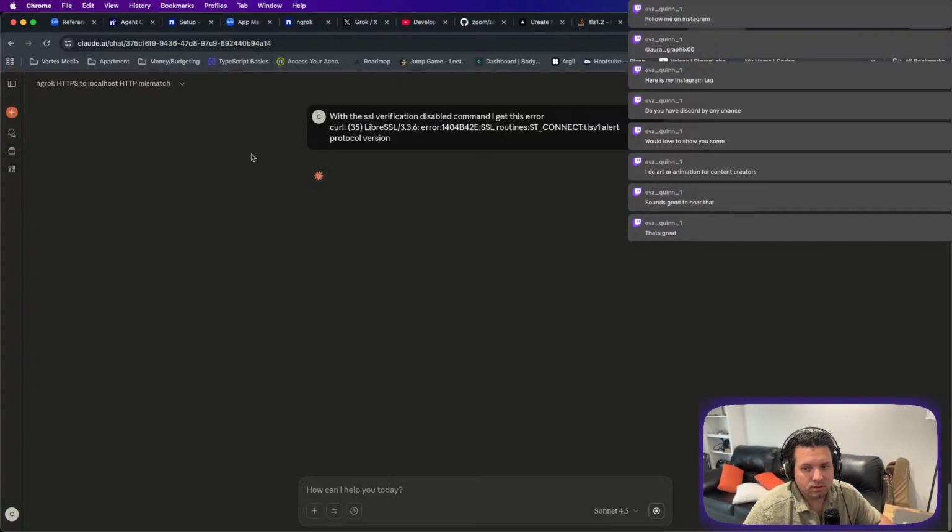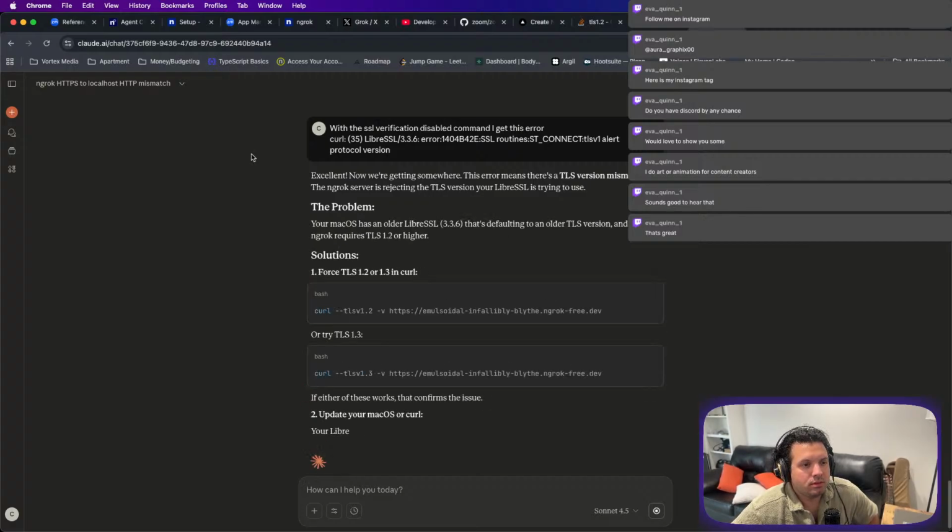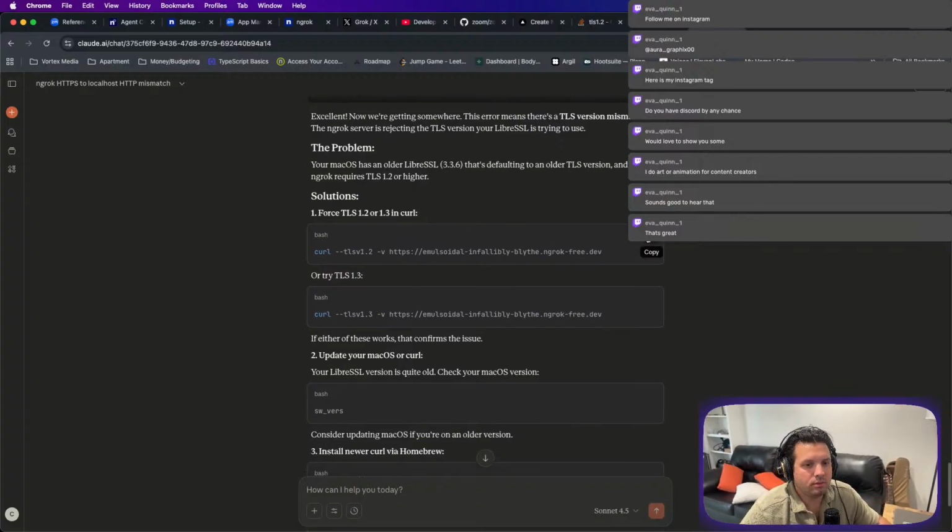Goodness gracious, saints alive. TLS version mismatch. Your macOS has an older LibreSSL that's defaulting to an older TLS version, and ngrok requires TLS 1.2 or higher. Force the TLS version.